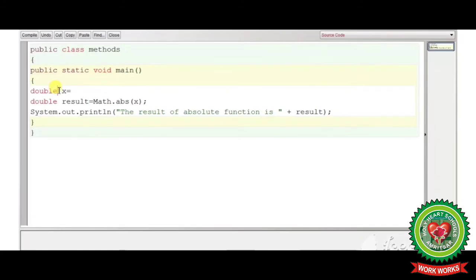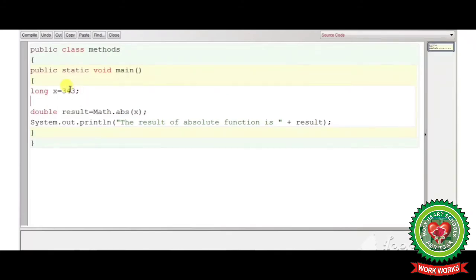So here we will write like long x is equal to 343 semicolon, long y is equal to 200, and here we will write math dot max x comma y, and data type also we will change here, that is long result,